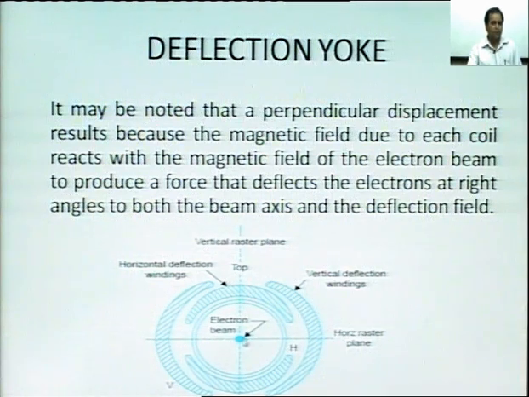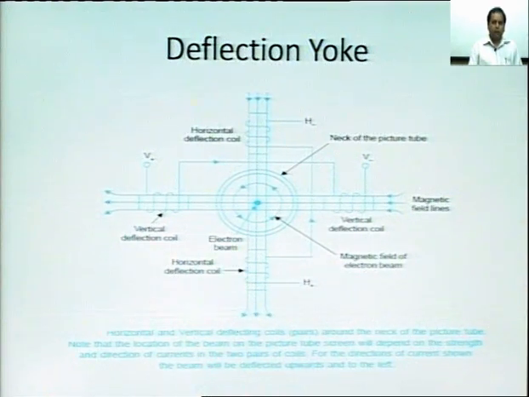It depends in which direction the current in the vertical deflection winding is; depending upon that, the electron beam will be deflected towards the upper side or towards the bottom of the screen. Here it is more clear, this is the winding present within the deflection yoke. These windings are for the horizontal deflection coil, as we have just seen in the previous slide, and these windings are